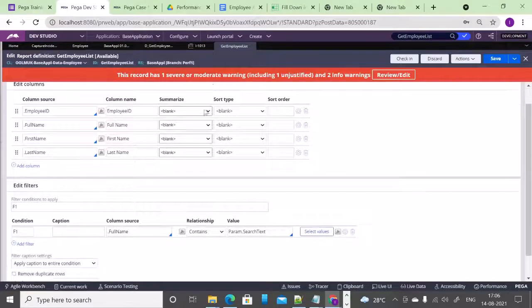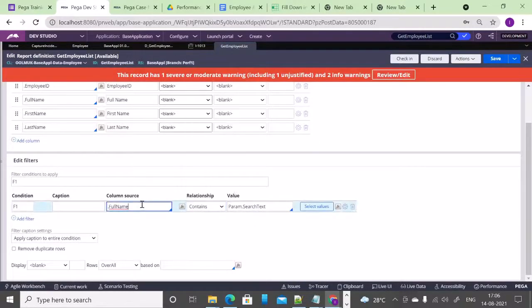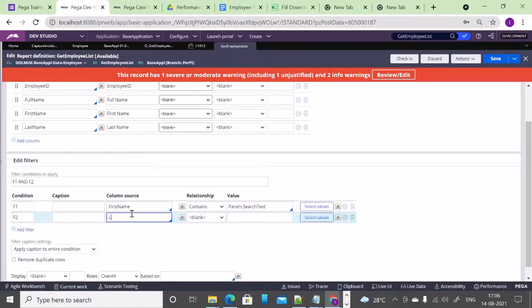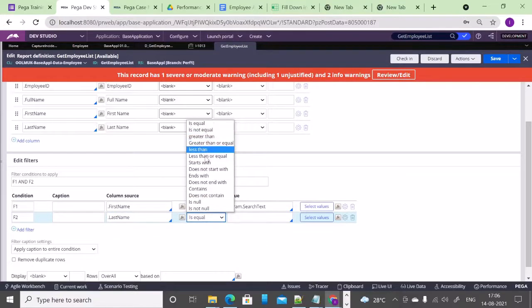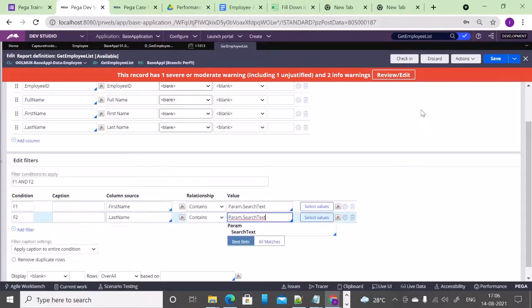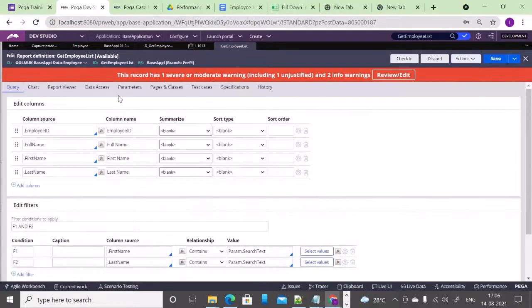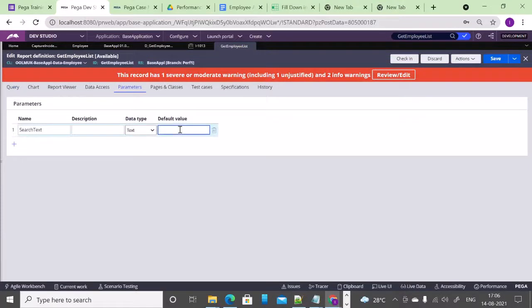Let me see, full name contains, okay, submit might not be saved. Okay, let me say first name contains this or last name contains this. So let me run the report definition quickly to see if it is working.